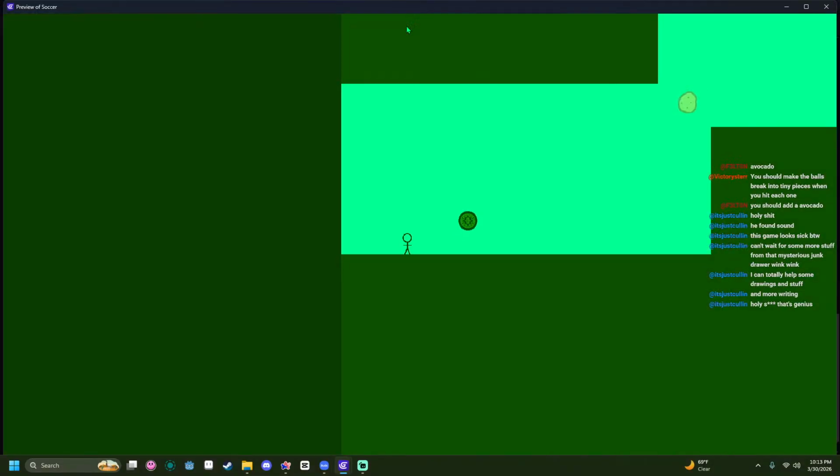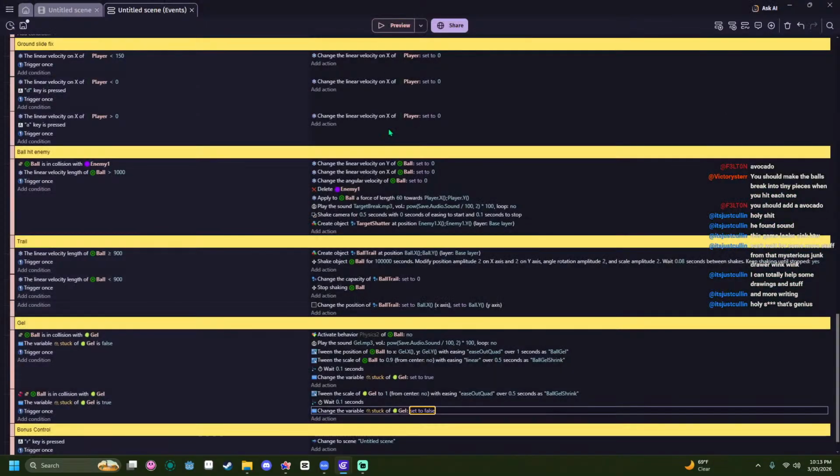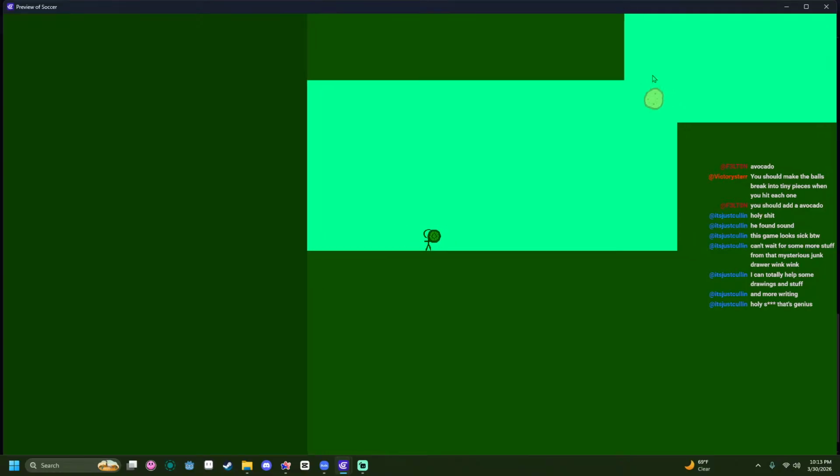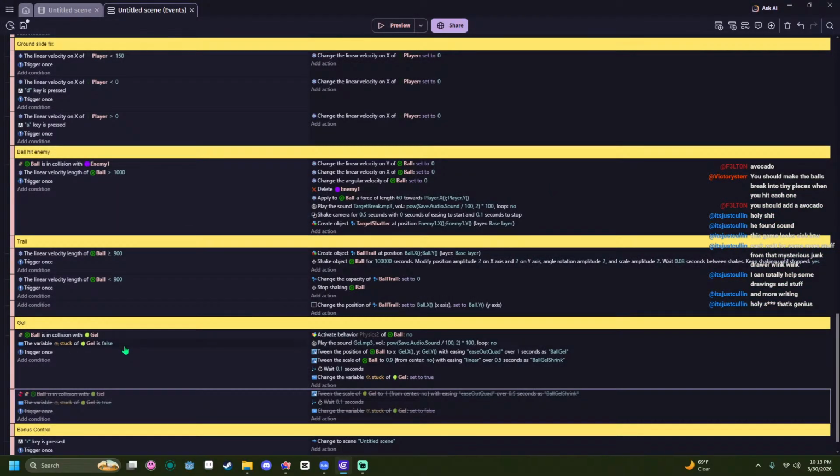All right, let's see how that looks. See if it works. Nope. What if we just disable this? I don't know. It's weird. No, so this doesn't even work on its own anymore. Why? Oh, what the fuck? Why is this?